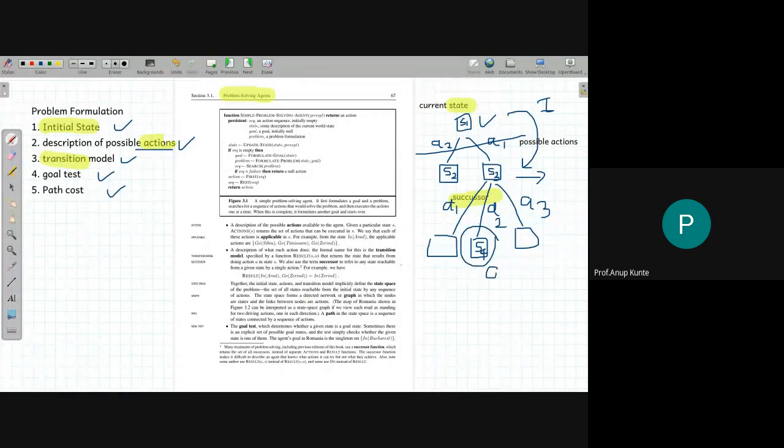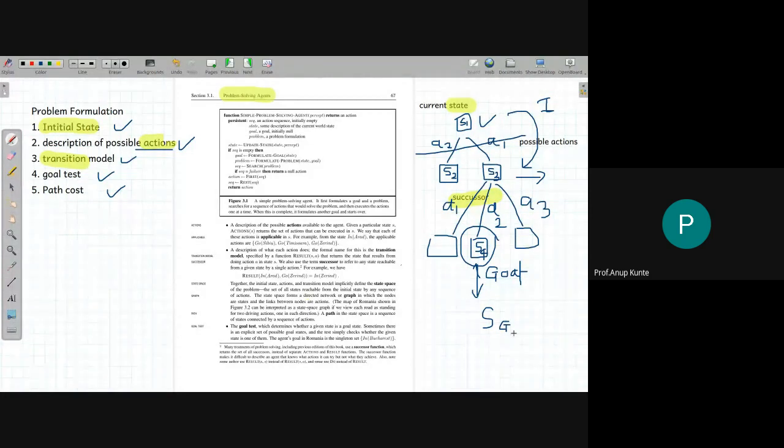So how do I know that S4 is a goal node? To know that S4 is a goal node, I need to define a test criteria to check whether S4 matches the goal state. And suppose that I'm writing the goal state as SG. It is a representation; it may be represented differently. And please remember, when I'm referring to this state here, it's just an abstract representation. If I'm solving a particular problem, then this state would mean something different.